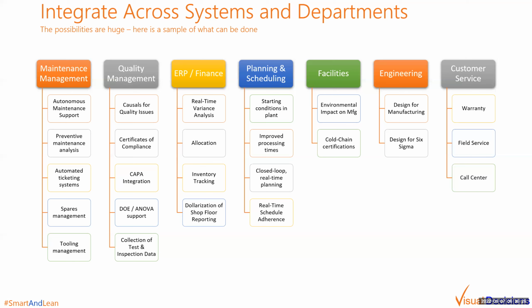That includes machine data, production data, testing information, and much more. This can be used to automate the CAPA reporting into the QMS, provide support for analyzing causals for the quality issues, and support design of experiments or